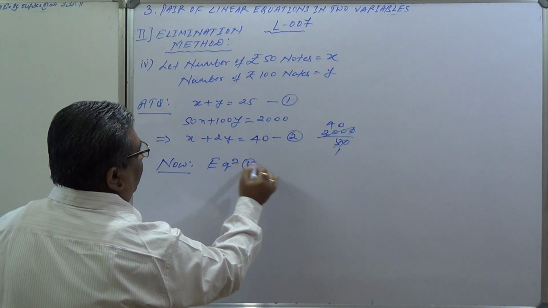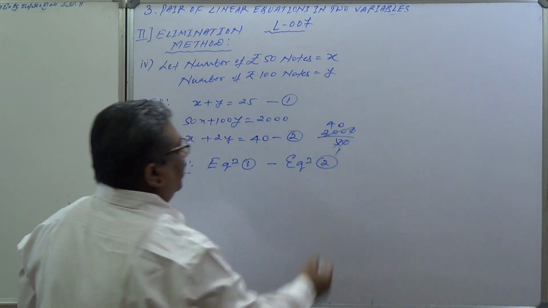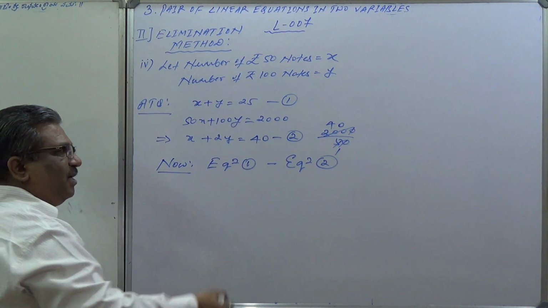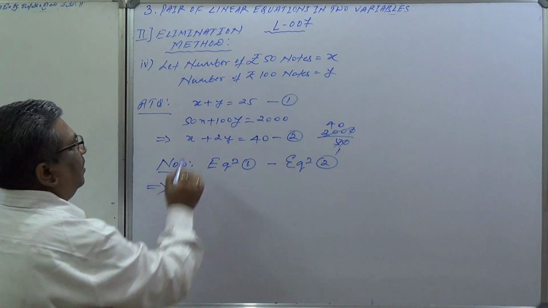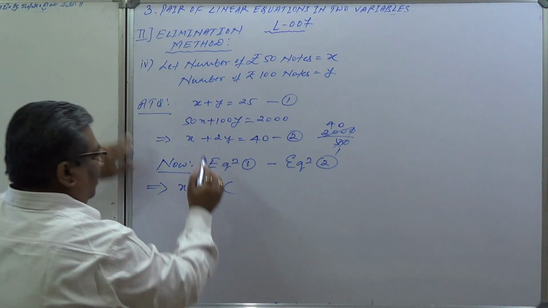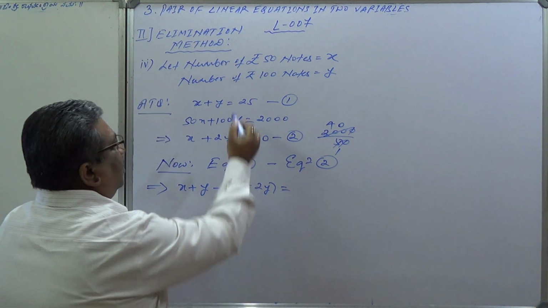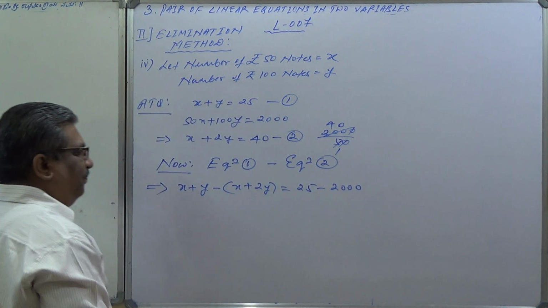Equation 1 minus equation 2 is nothing but subtracting 2 from 1, implies x plus y minus of x plus 2y should be equal to 25 minus